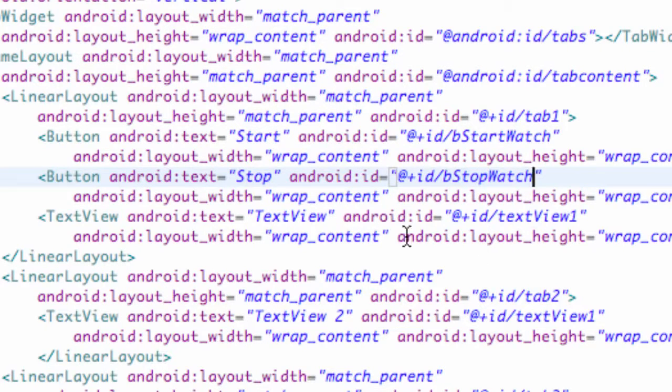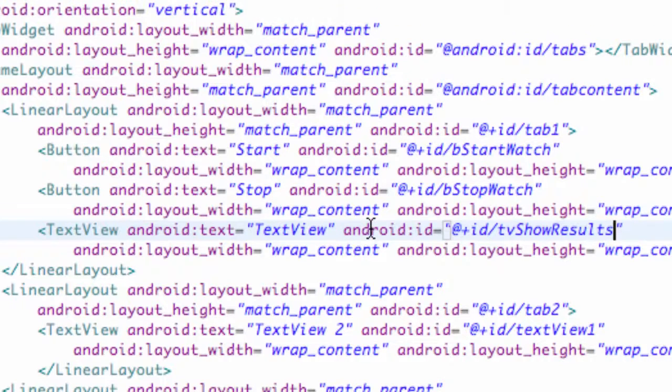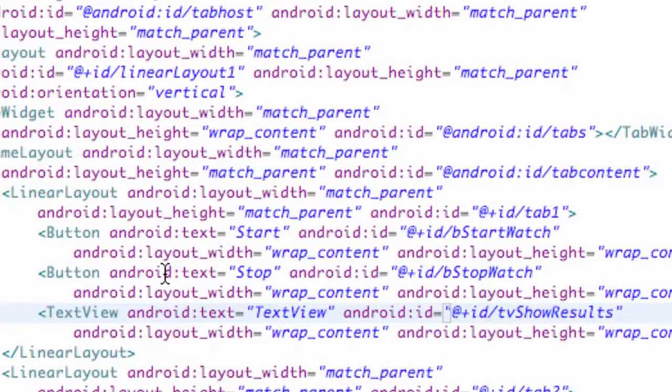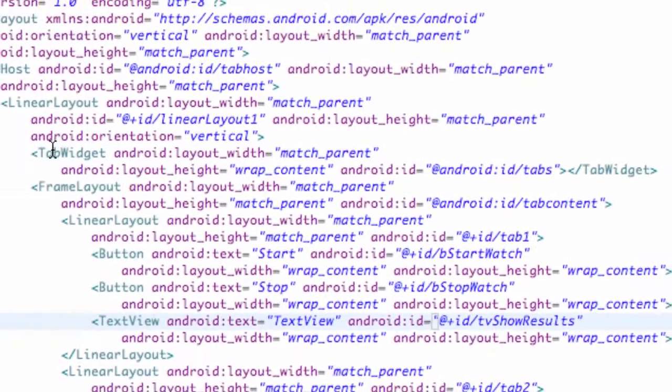We aren't really going to worry about all the other variables. Maybe this text view, we'll change that one as well. Text view, show results, something like that. And basically all the other IDs we aren't going to really worry about, but I guess we have one more ID that we have to worry about. There is something that's pretty important here that we want to make sure is the same every time you do a TabHost type of deal,